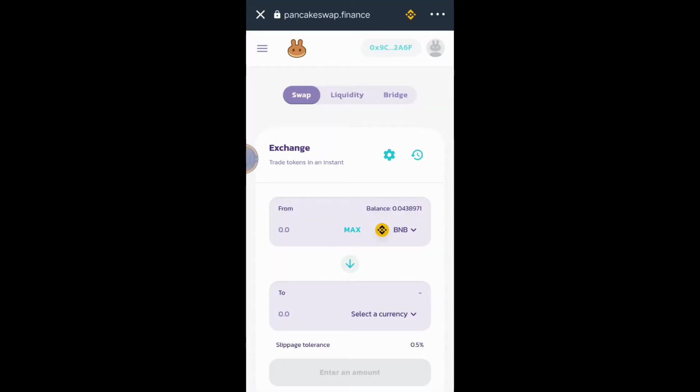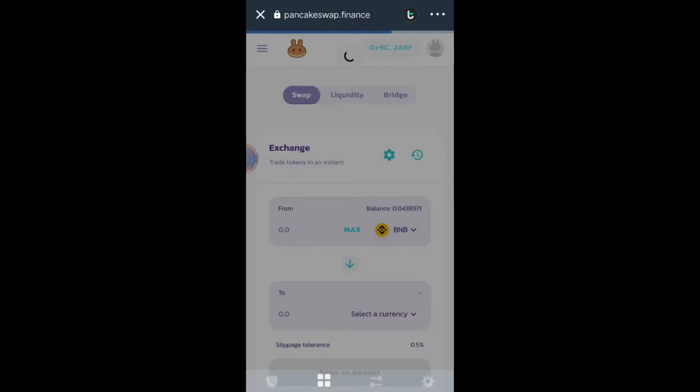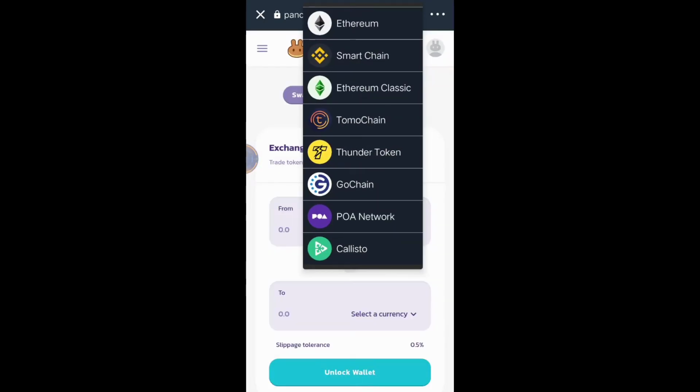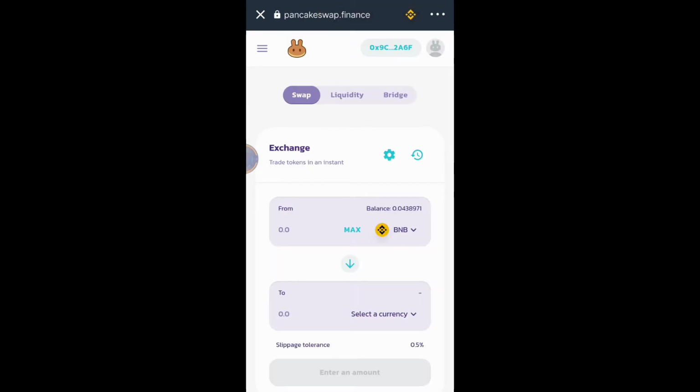Make sure you have the right blockchain network. Click this one and choose Smart Chain. After choosing the Smart Chain network, make sure your address is already connected. And now we will go to this button